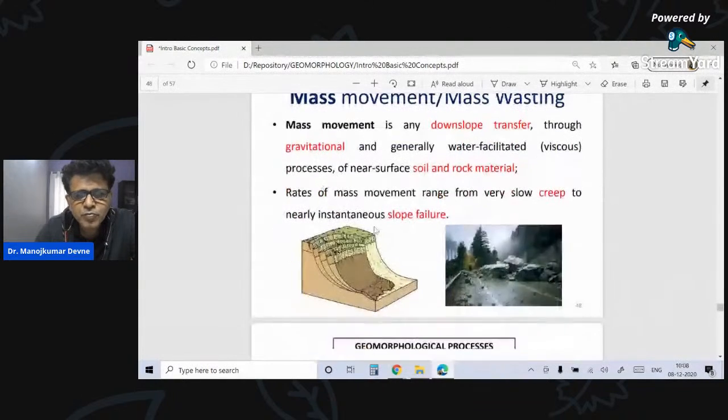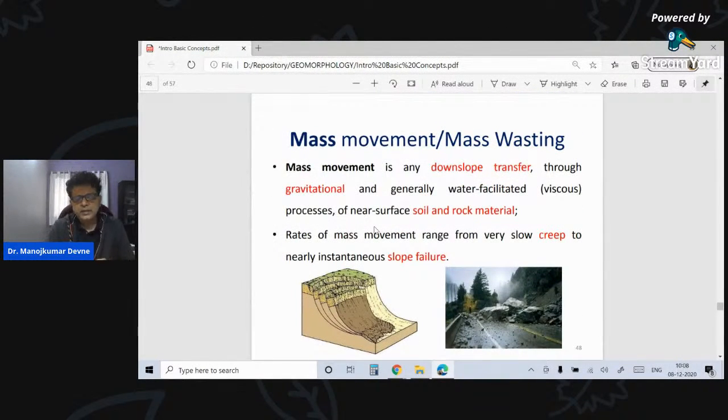Let us move ahead. Mass movement. Here there is no disintegration and no decomposition as such, like in erosion and weathering. It is only movement. No agent is involved, only movement, and this movement occurs because of gravitational force. Gravity is the most important component as far as mass movement or mass wasting is concerned. I have very interesting PPTs on the speed at which this happens, and when we come to these topics I'll go into absolute detail.